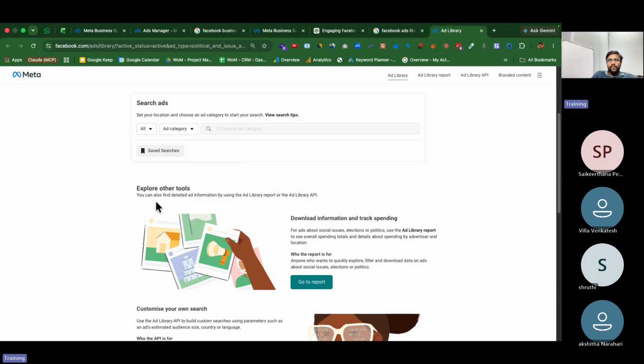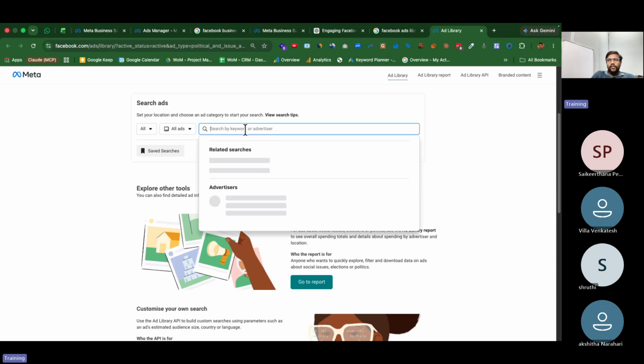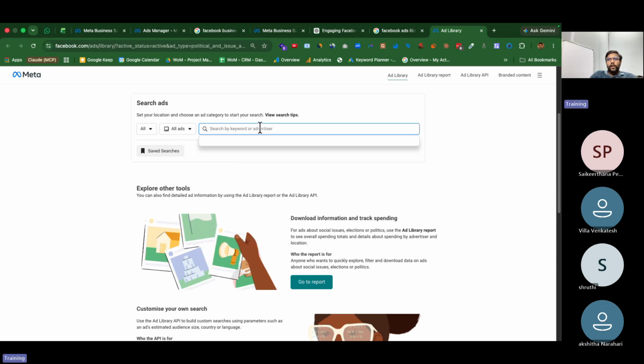Maybe I'll select all. You can see all ads or election related ads. So I'll just select all ads. Now here you can search by keyword or advertiser. Now I want to see some company ads, meta ads of some companies. Let's say,